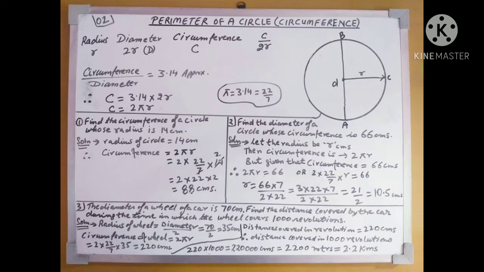So welcome friends once again. We are doing today the perimeter of a circle, right? In the last class, we had an idea about the perimeter of a rectangle and a square. An example of the triangle was also given and a hexagon was also discussed, right?